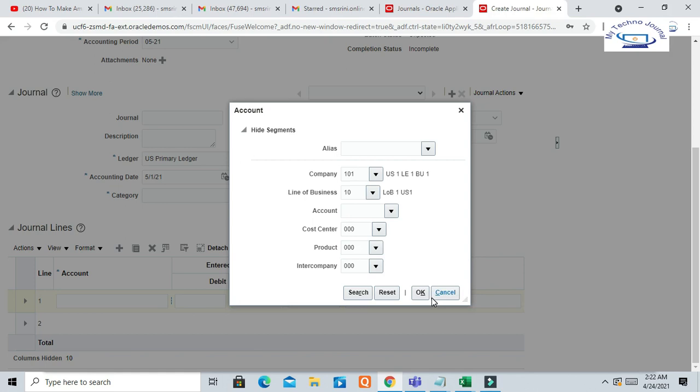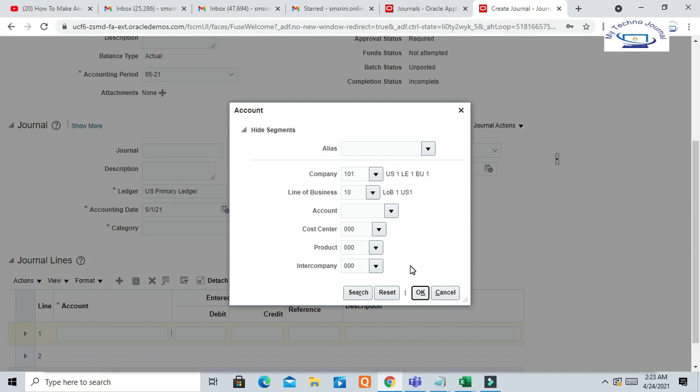So the purpose of this functionality is that very quickly you can create this relationship and achieve the very important functionality of cross validation rules and security rules. Okay, you don't need to create a lot of complicated security rules, policies, or lots of cross-validation rules to restrict invalid combinations or access to users for any particular segment value. So just create some relationship as per business requirement and you can achieve this functionality.